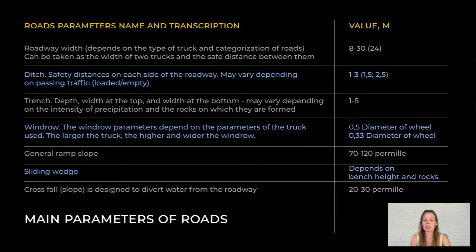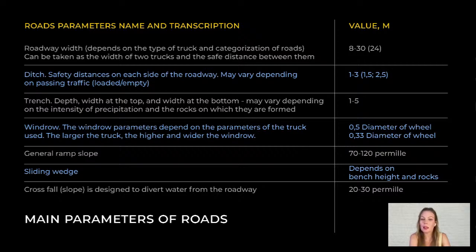Rock barriers can be made from soft or hard rocks, affecting their dimensions like the bottom width. The height of these barriers depends on the vehicles. For heavier vehicles, it's typically half the wheel diameter. For smaller vehicles, like those up to 40 tons, about 1/3 of the wheel diameter.